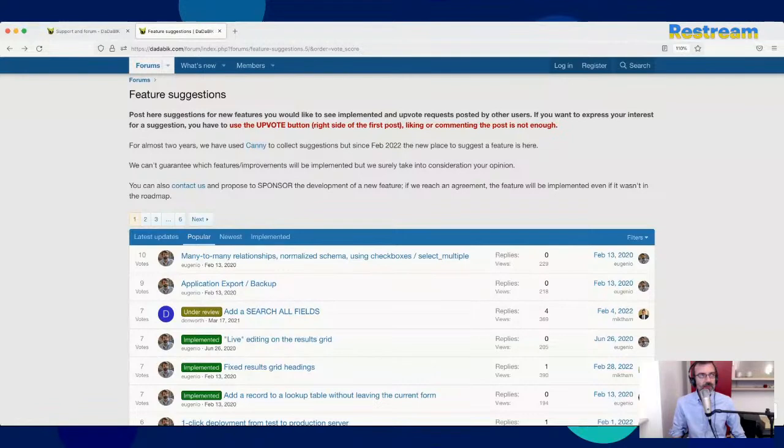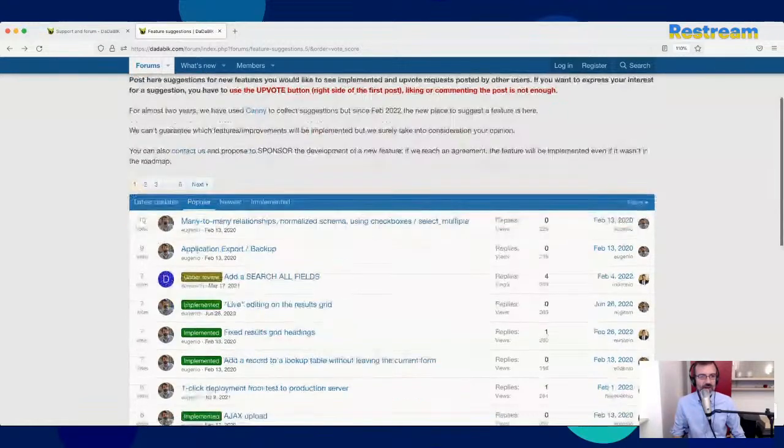Why? Because so far the DaDaBIK model is that for each field you see in your form, you have a field in your table. But in this case, it wouldn't be true because you have a field in a form, authors, but you are storing the data in another table, the bridge table. And this makes things a little bit complicated. But anyway, I will think again about that.